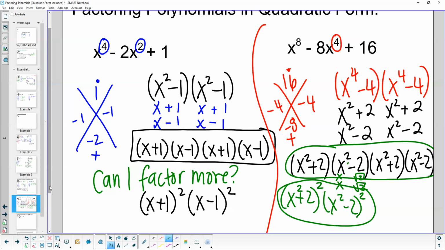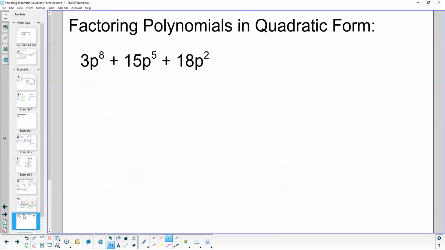Now, the very last thing that we're going to touch on here is what happens when it looks like this. Now, as you notice, this 8 and this 5 are not the same power. So can I factor this? Well,